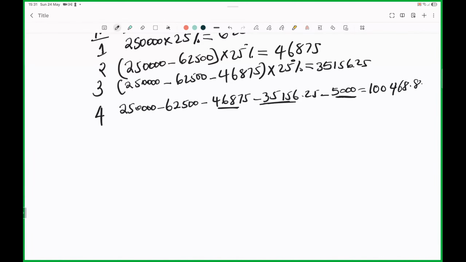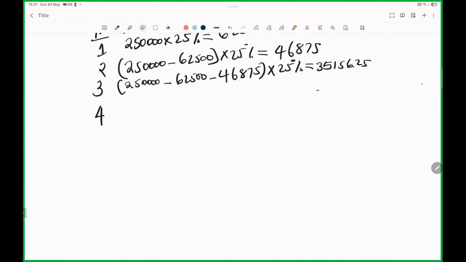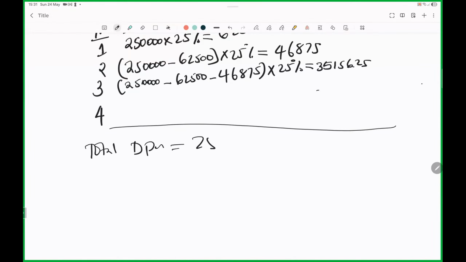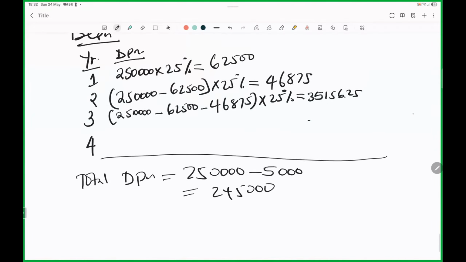The other way that you can easily handle this year number 4, the balancing charge, is this. You can as well come and handle it this way. So, you see, total depreciation, total value lost, the machine was worth 250,000. By the time they are scrapping it, it will be worth 5,000. So 250,000 minus 5,000 gives me 245,000. So then ensure that this entire column